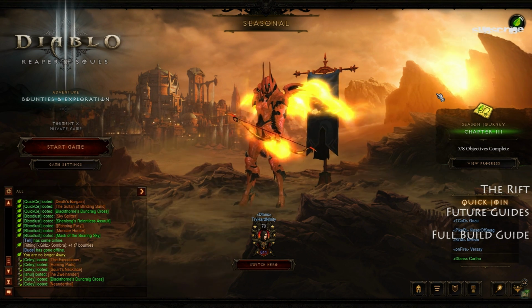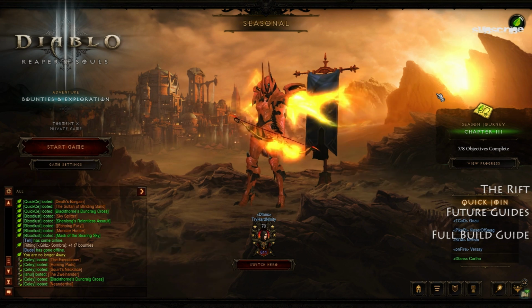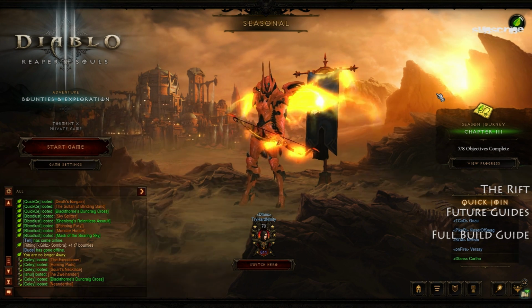So I'm just going over what you want to avoid, what you want to do, mob types, things like that. I do have an in-depth guide on the actual build itself, so if you click the little annotation on